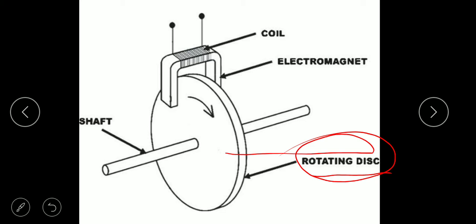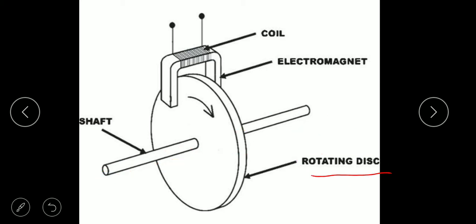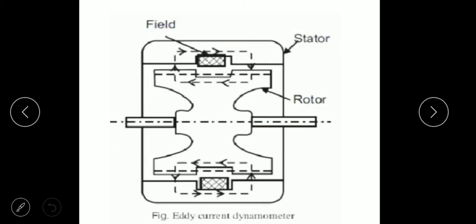Okay, now you understand how the eddy current can generate. Since the eddy current is generating, we can measure the RPM of this rotating member. Now come to the cut section of this eddy current device. This is not the real diagram, this is the conceptual base. So come to the real diagram. This is the real diagram.